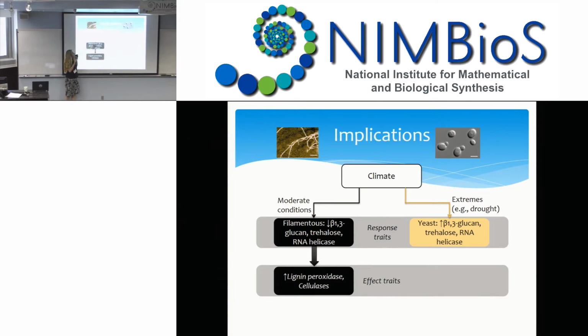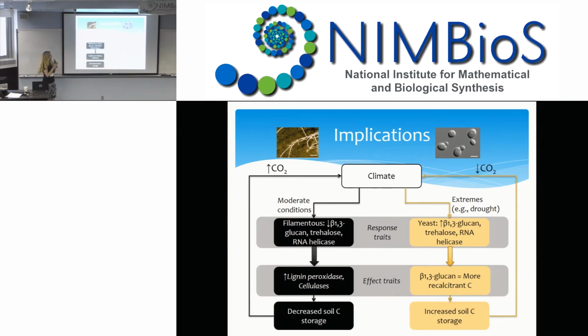Now, we know that these filamentous fungi tend to have a good representation of lignocroxidase genes and cellulase genes, so we might expect that under moderate conditions we might have this function be selected for, right, because these are linked. The yeasts, on the other hand, don't really have these decomposer genes as much. Instead, because they're producing this beta-1,3-glucan, and it also may contribute to recalcitrant carbon storage, then this might actually end up contributing to just more production of recalcitrant C in the ecosystem.